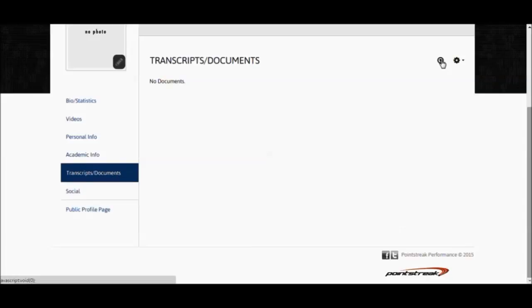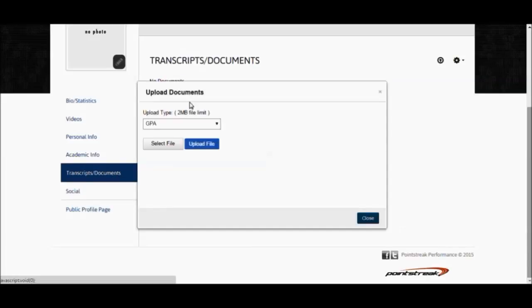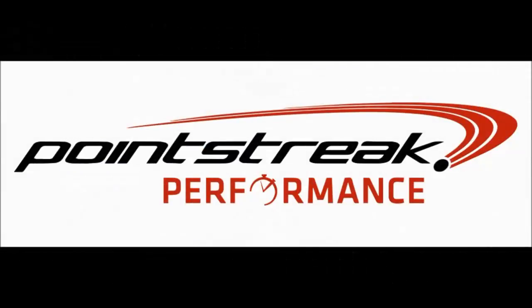For transcripts and documents, you can upload different kinds of transcripts and documents for that specific athlete, whether GPA, high school transcripts, or any other documents that he might see fit to be in his resume. All you need to do is click on the Upload,